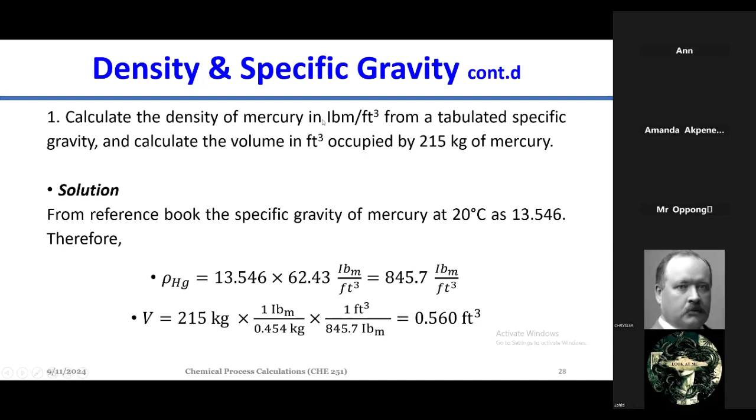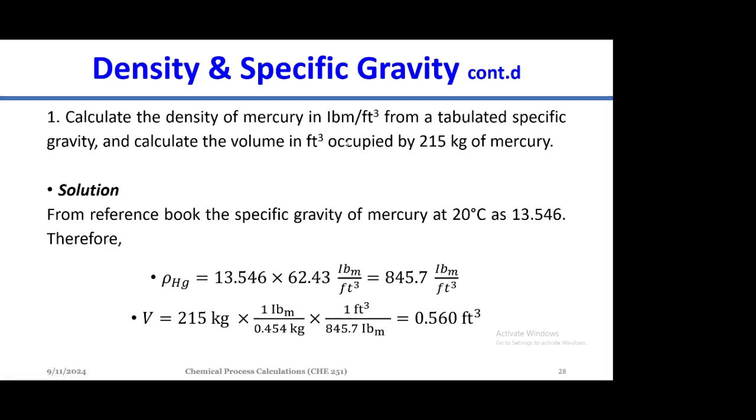Calculate the density of mercury in pound mass per feet cube from a tabulated specific gravity, and calculate the volume in feet cube occupied by 250 kilogram of mercury. Okay, so we need a reference book to get the specific gravity. But let's say we've gotten the specific gravity. I don't know what they give. Okay, so the specific gravity was